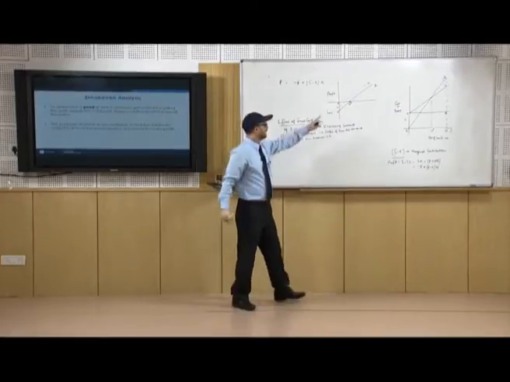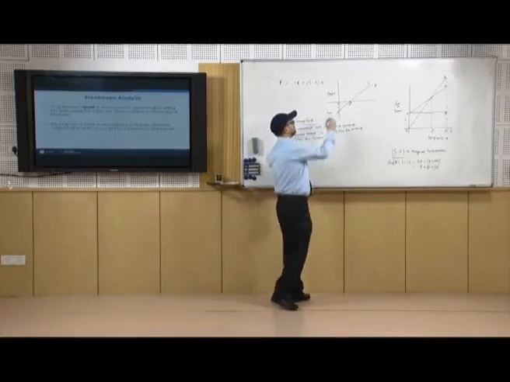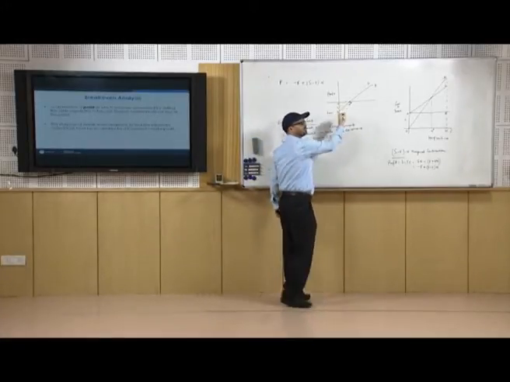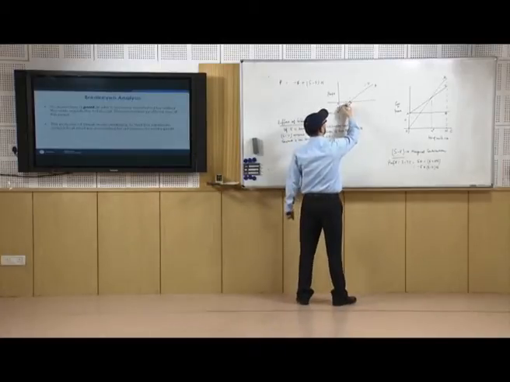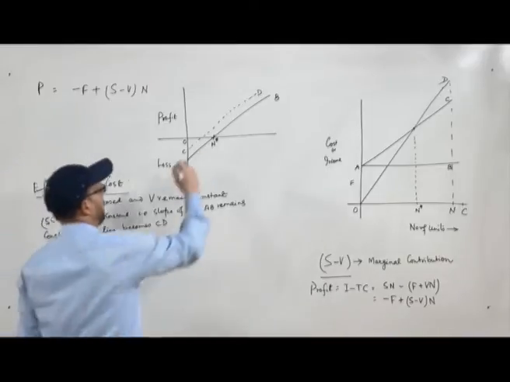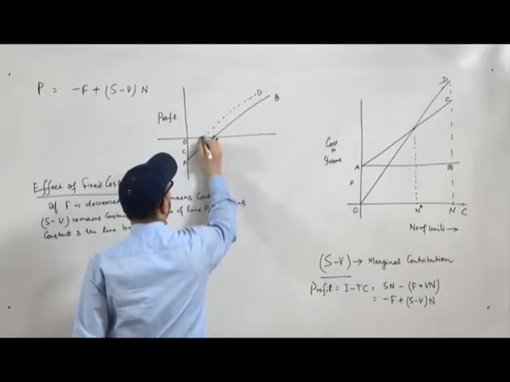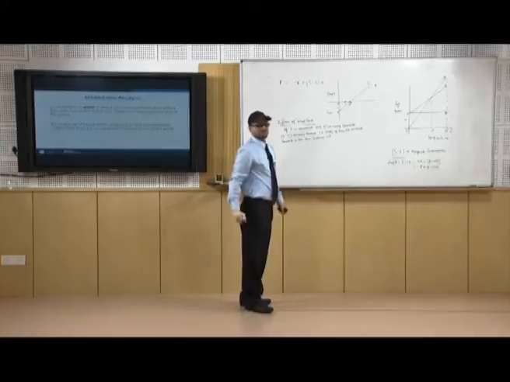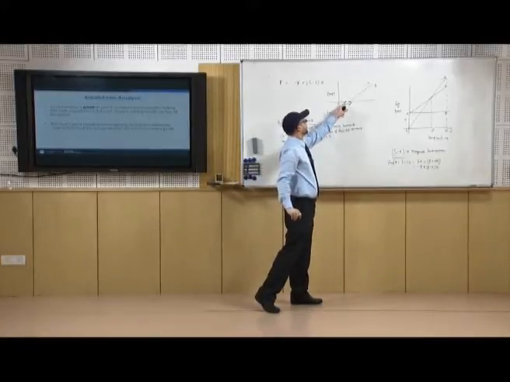So, once you have decreased the fixed cost part, this line has gone to this place and this n star is reached at the smaller